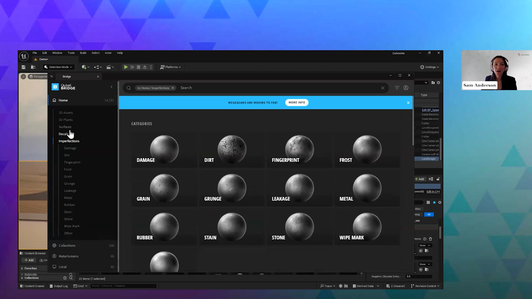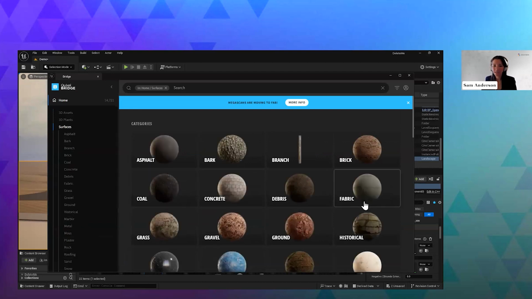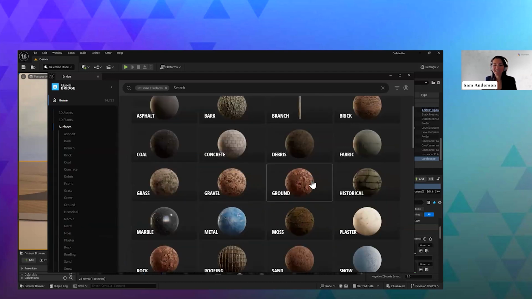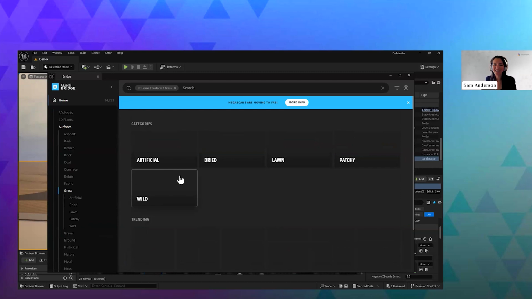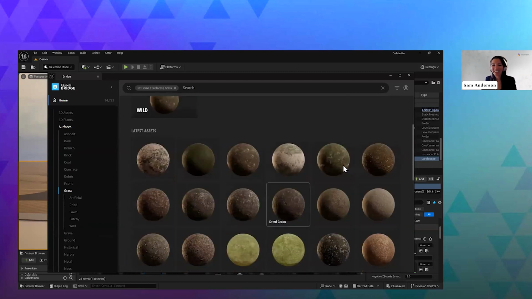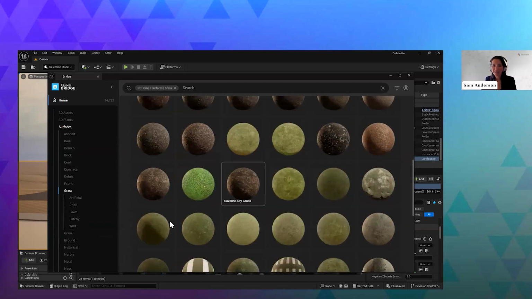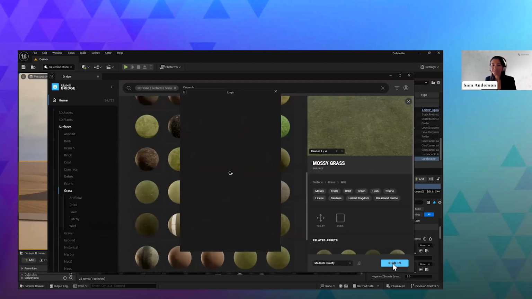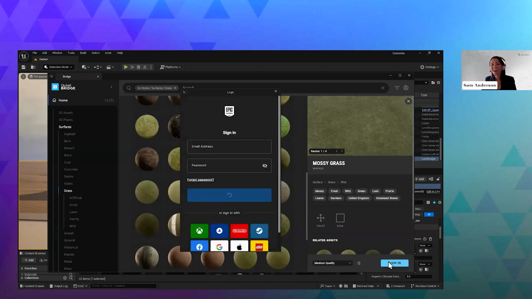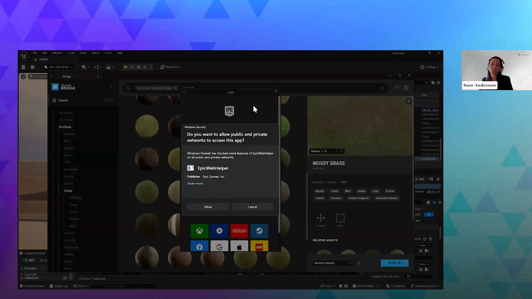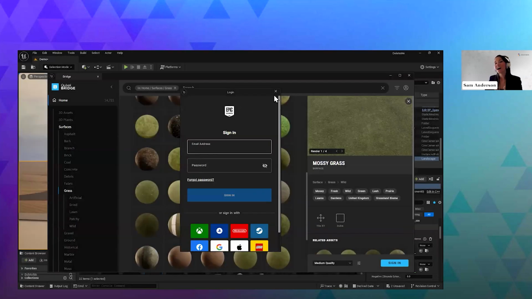So I'll go ahead and go to surfaces, and I'm not sure if I'm signed in, but we'll try here. So I'll just go over to grass here, and I'm going to pick out one of these classes. I'm not signed in. Let's see if I can get this quickly. Okay, so I don't have this. I won't do this right now then,